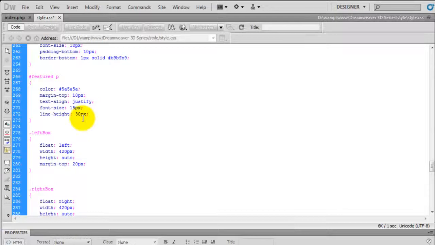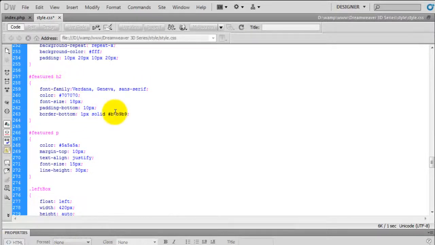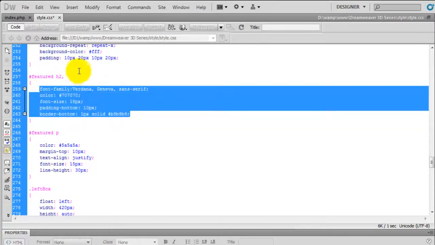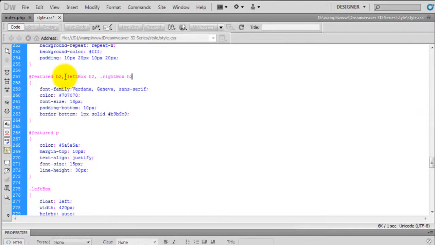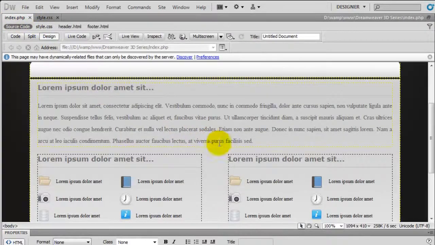And I'm going to come up to the featured H2, because again we just copied all of this styling originally, and I'm going to paste on the class of left box H2, another comma with the class of right box H2, and save that. Go to the index page, and it looks exactly the same,